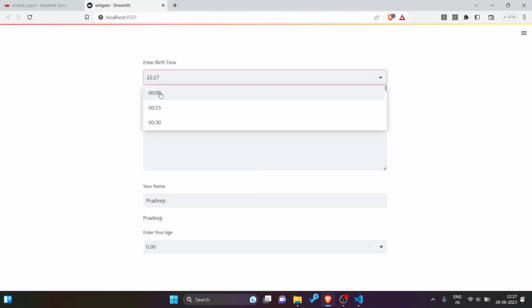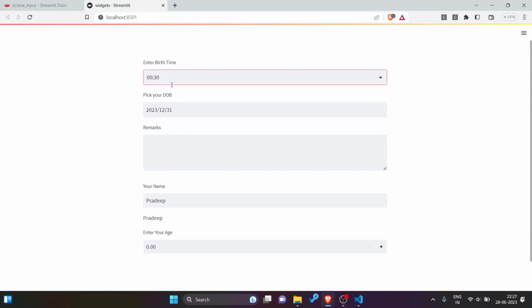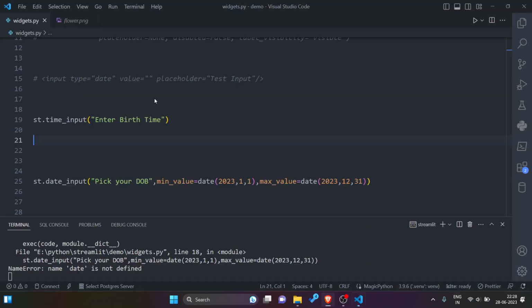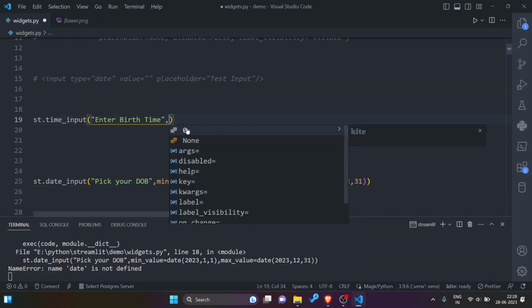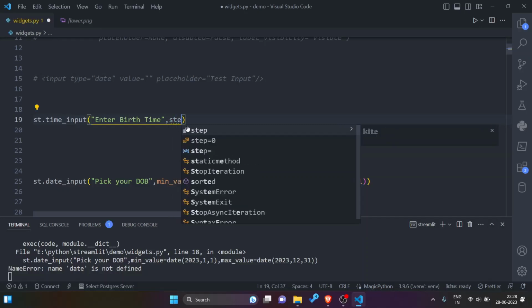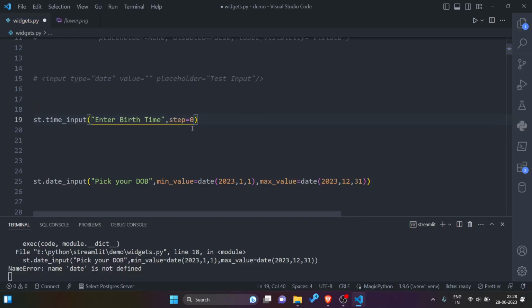So I am getting current time, and then in the span of 15 minutes, which is by default provided by Streamlit. This step size of 15 minutes can be reduced or increased by passing an option step, and step should be